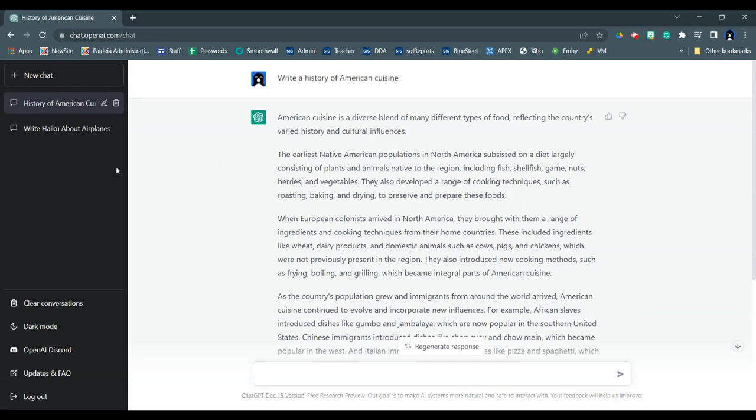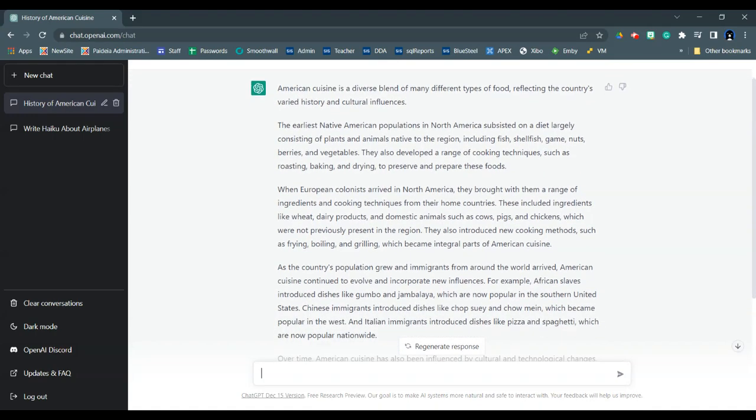It's interesting because when I did this earlier as a test, it actually gave me a little bit more as bullet points. It broke it down into periods, such and such a period, such and such a period. So now it's written it a little bit more in an essay format.